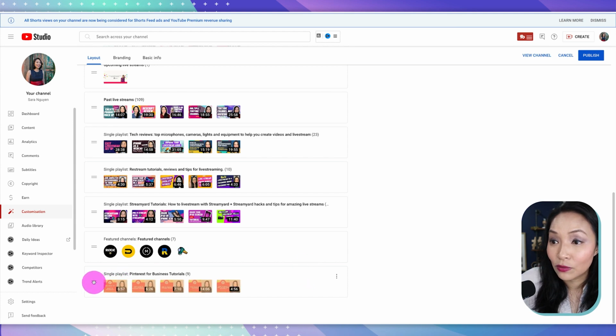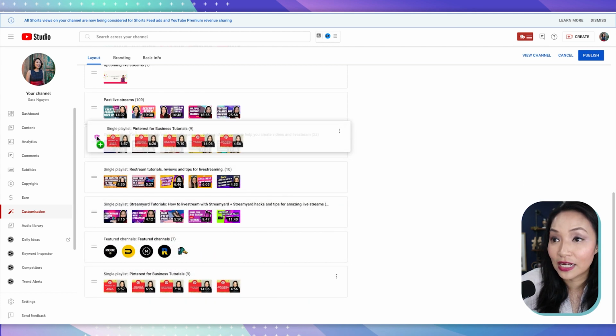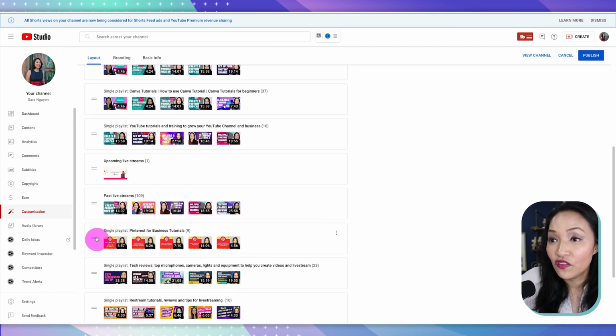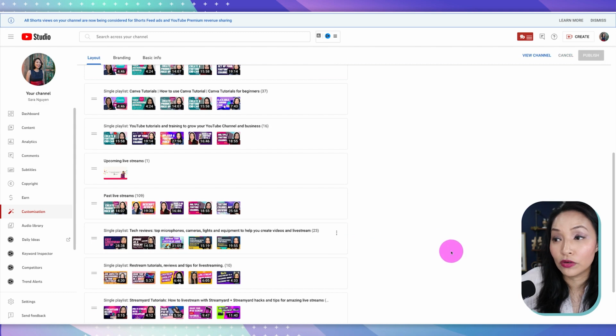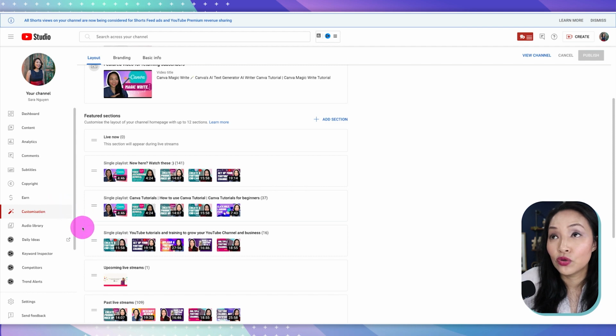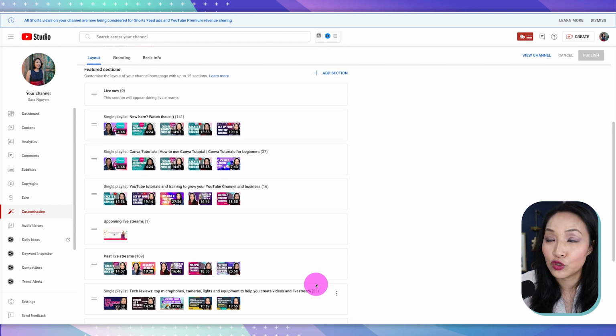Then I click on it once again on the left-hand side, and I can just drag it to be in the order that I want it to be. Whether I want it to be first or second or third, that's how I do it. And then I click on the 3 dots here, and I can also remove it if that's not one that I wanted to actually add. So this is how you organize your playlist on your homepage. You add them, and then you can drag the order to appear as you want it to appear. Using playlists on your channel helps people have that Netflix binging experience and work through your topics in chunks.